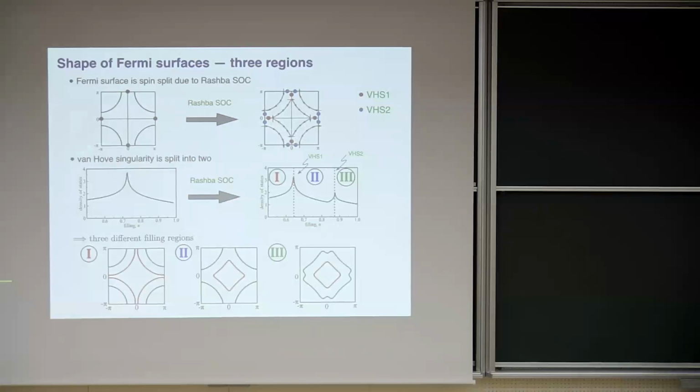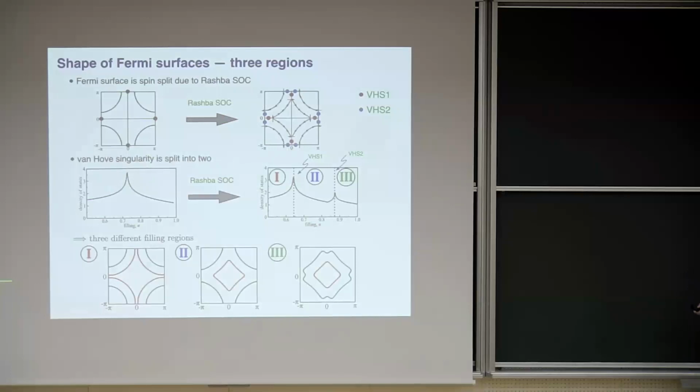Then the density of states, that means the following. So we have here a situation without Rashba spin-orbit coupling with a single Van Hove singularity from this point here, which then turns into two Van Hove singularities in the presence of this Rashba spin-orbit coupling. So one has a larger density of states, this is this red one, and the other one has a little bit smaller. So now in terms of filling, we have three different regions. So we imagine now maybe in the real material we can dope the system, and we can tune the filling from here along this axis, or maybe we can gate the system that will also allow us to change the filling. So if we do that, we have basically three regions.